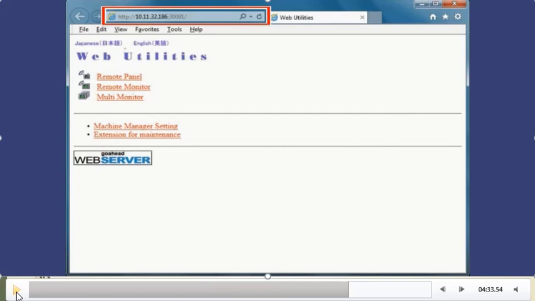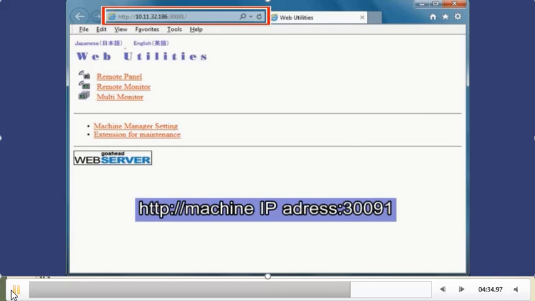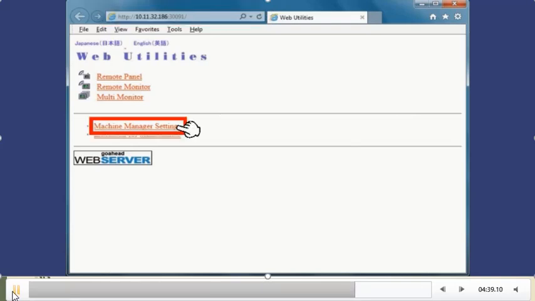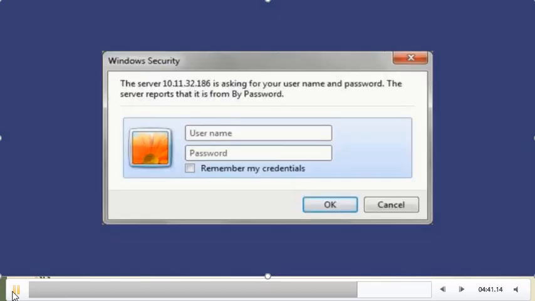Now once you save the file, there are two ways to upload that file to the machine. One is, if your computer is connected with Ethernet, then you can directly upload from here. You just write the IP address of the machine, and then click on machine manager settings.